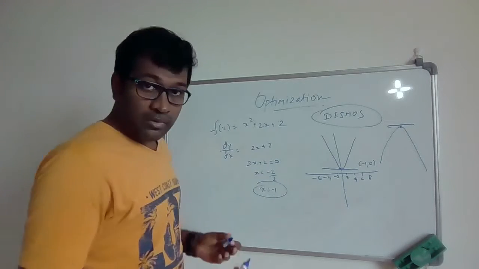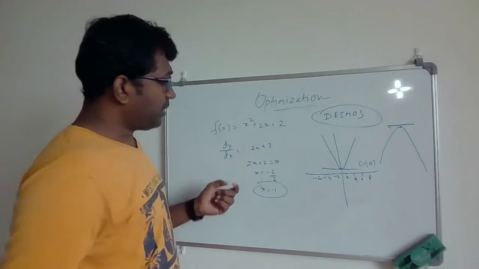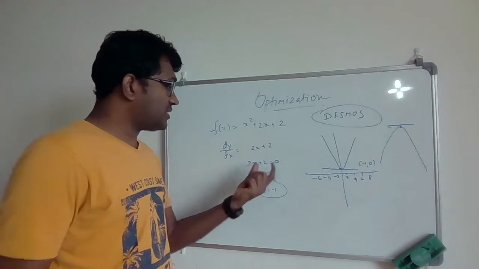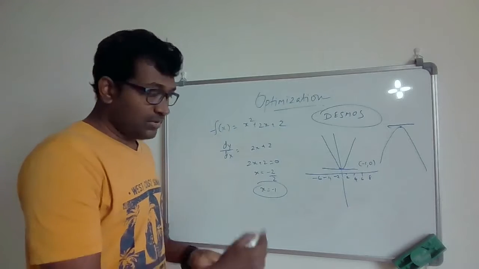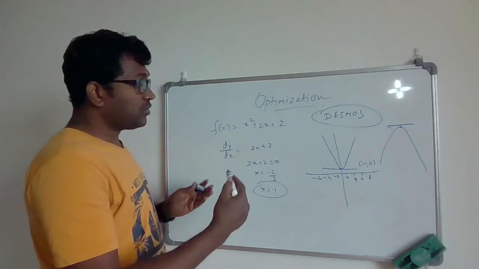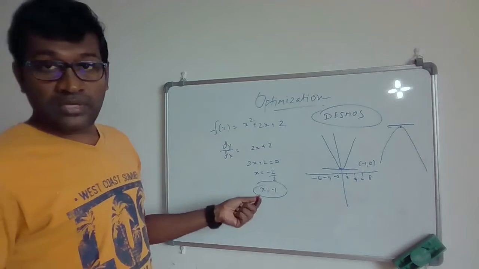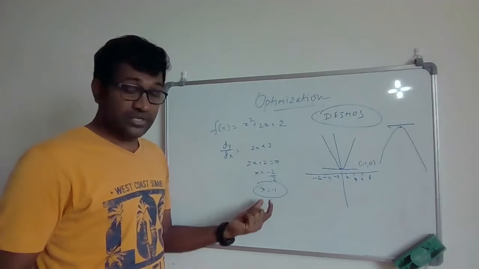Now life gets complex, and you will not always get simple functions like this where you can directly set the derivative to 0 and solve. When things get so complex, and we do not have an easy way to solve by just setting the derivative to 0 and easily solving it,